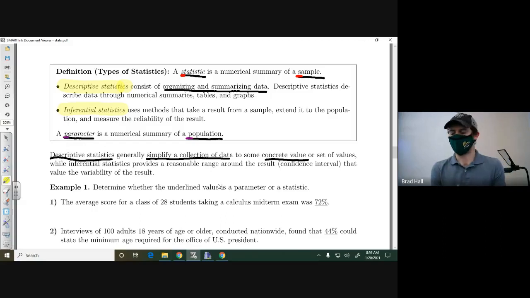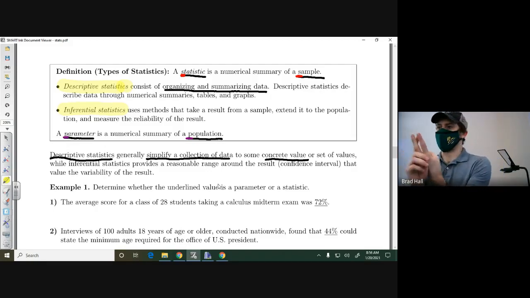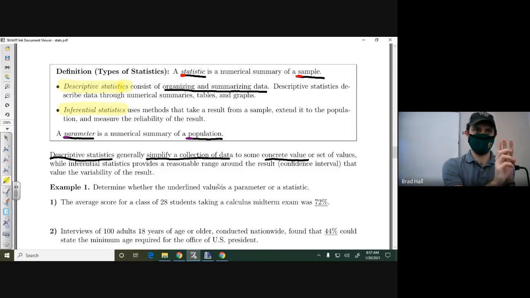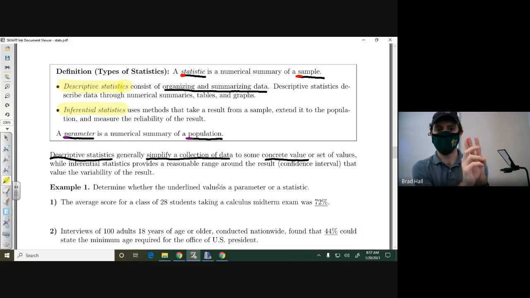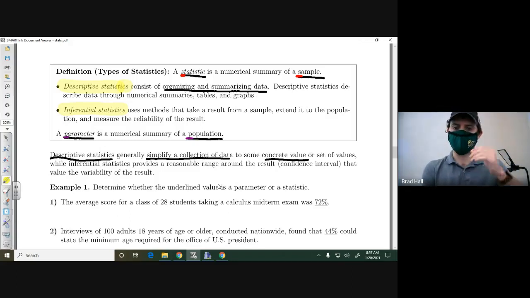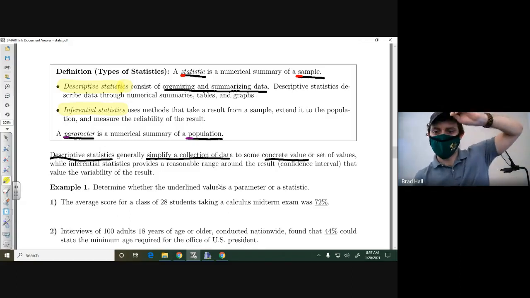So if you took Math 105, or if you have any experience with statistics, descriptive statistics would be the mean. Inferential statistics would be the standard deviation. If those words sound familiar, if you took 105, we talked about standard deviation. Standard deviation is primarily what inferential statistics are. That's the primary thing that comes into play.